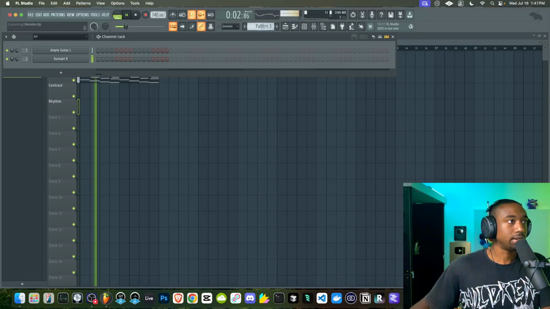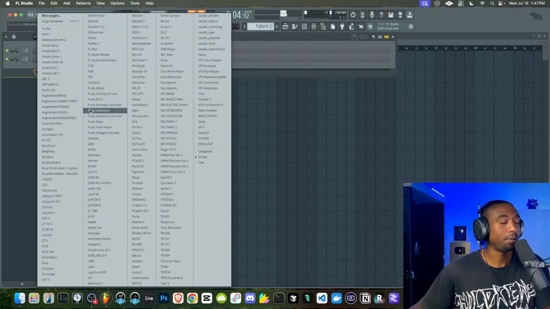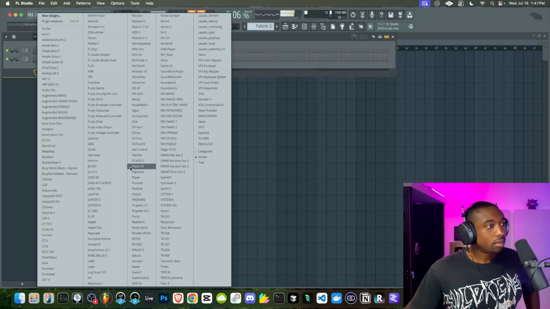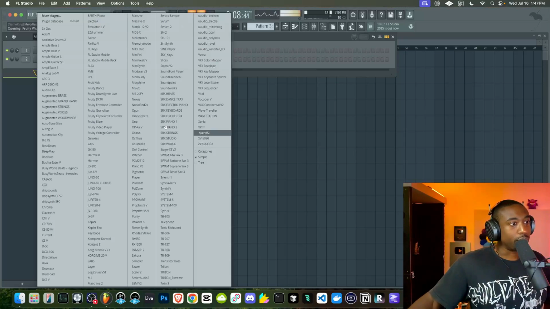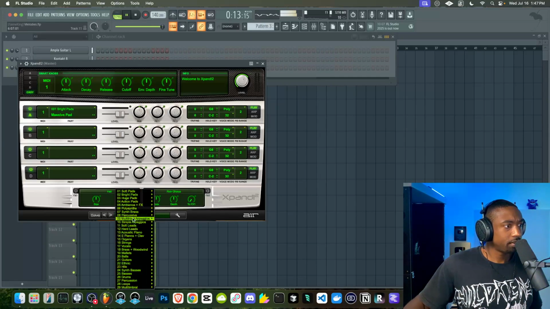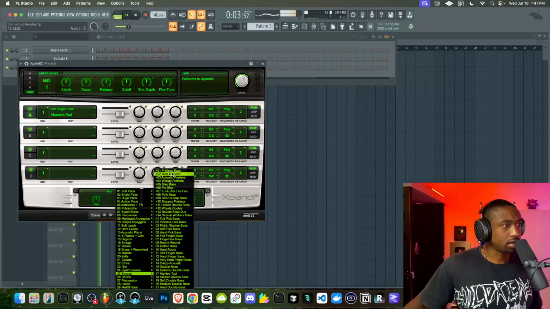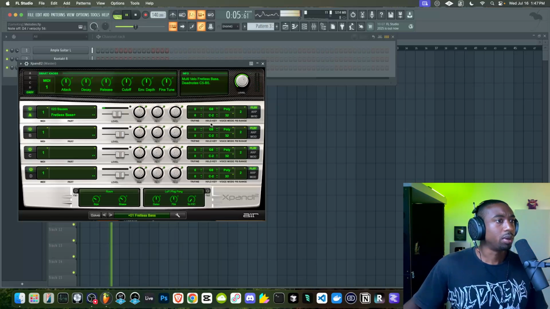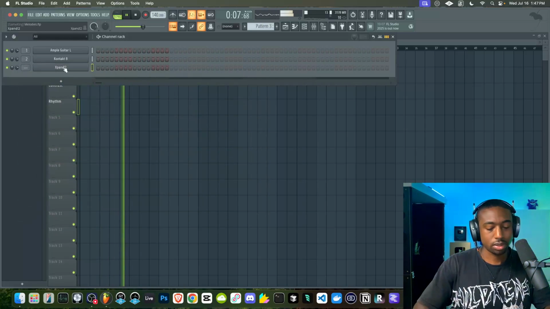Now let's look at the contrast layer. Usually this is the bass. So I'm just gonna pick a different bass. Usually I would go with Trillium, but let's do something different here. Let's go to bass here, and let's just try different. I wanna do higher octaves here, not lower octaves.